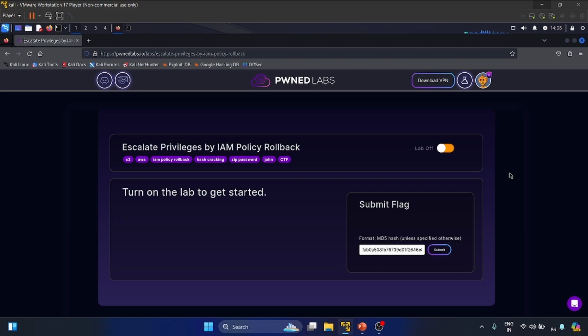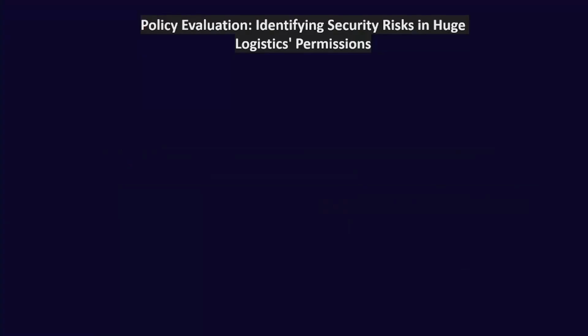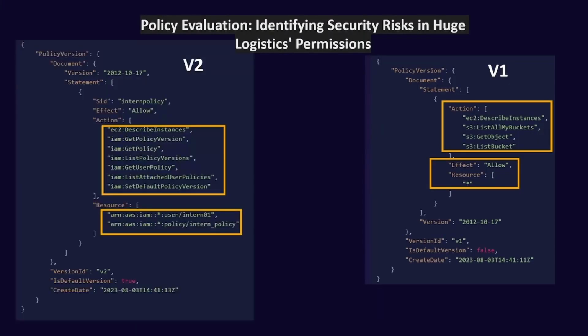Let's examine the policies that were being utilized by Huge Logistics, because this breach happened because of the IAM policy permissions. So let's examine or evaluate the Huge Logistics permission policies. Okay, so here we have our policy version 1 and version 2, and both the policies are not following the principle of least privilege, which is a